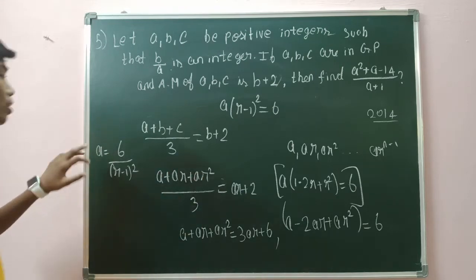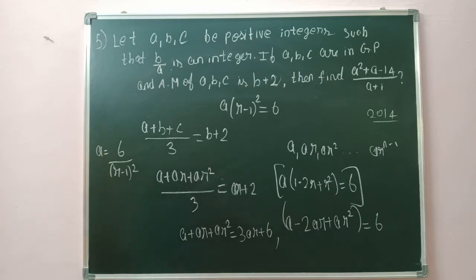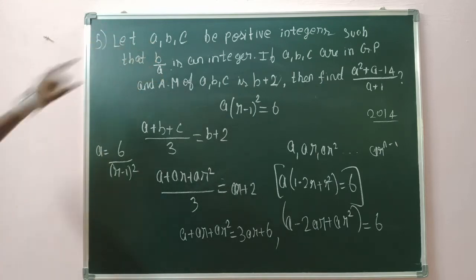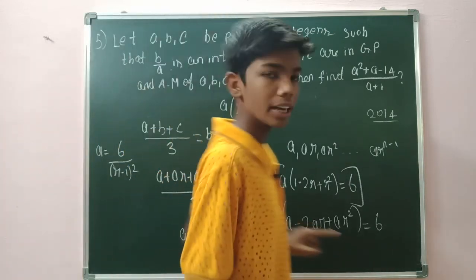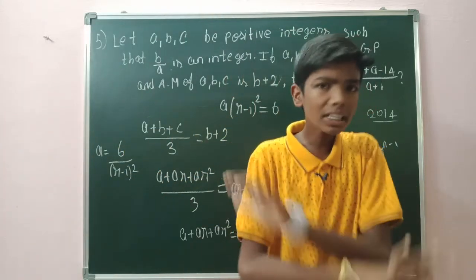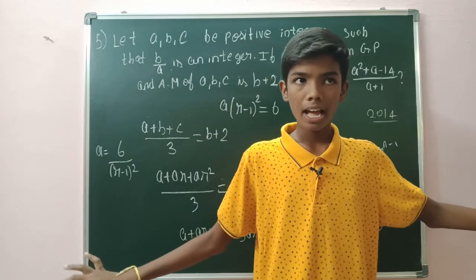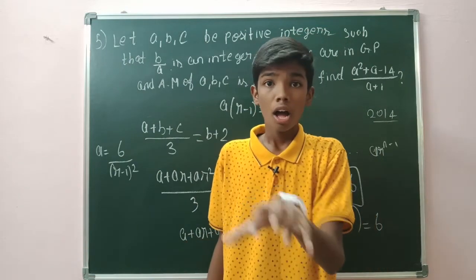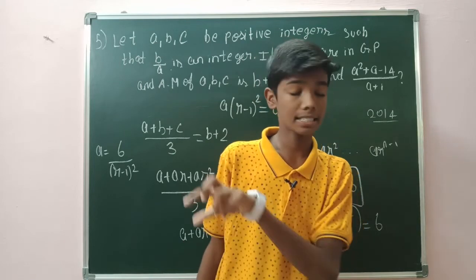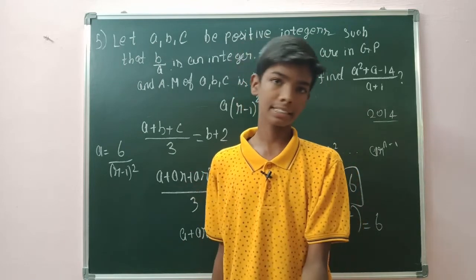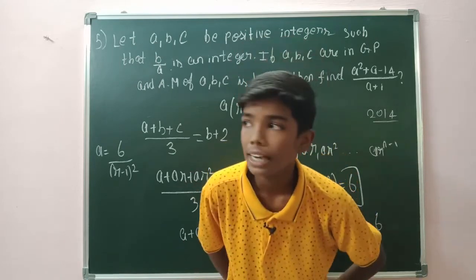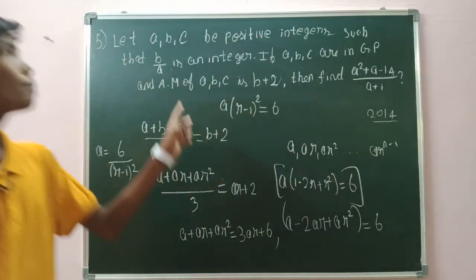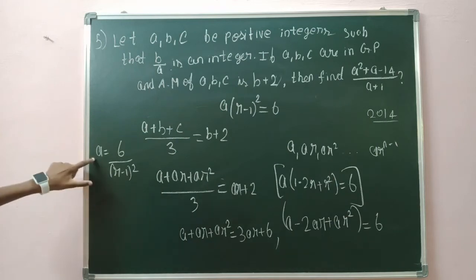Therefore, A is equal to 6 by (R minus 1) whole square, and it is given that A, B, C are positive integers. This clue is very important for this question. Without this clue, you can't solve this. How you use the clue, how you approach it is so important, so please follow that very carefully. Now they are given A, B, C are positive integers, and we know that your A